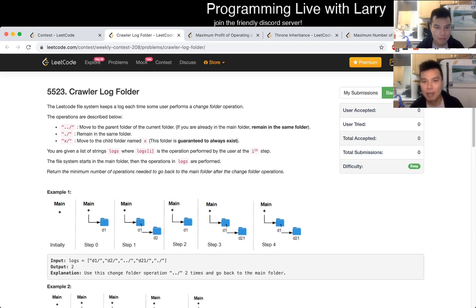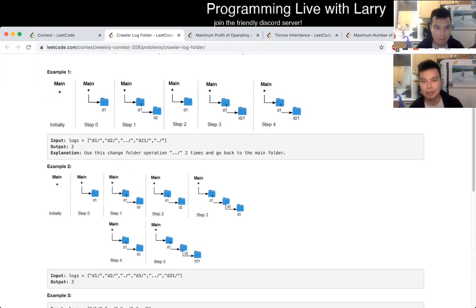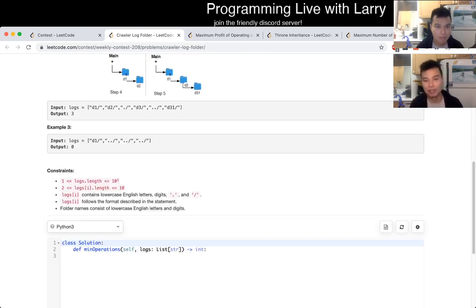But basically for this problem, I knew how to solve this right away. It's basically a stack, right? Some of this is the intuition behind knowing how directories work, because I've been programming and using computers for many years. So I knew that that's how you would represent it most naturally. So that's basically what I did.